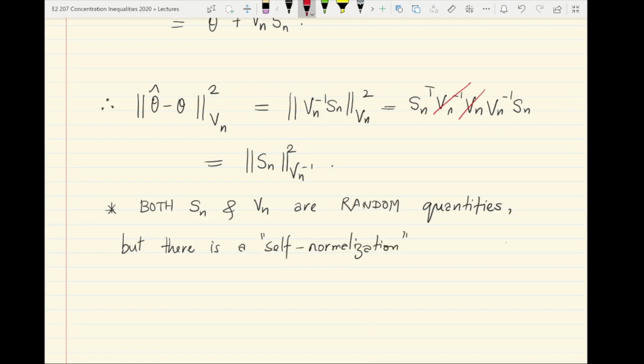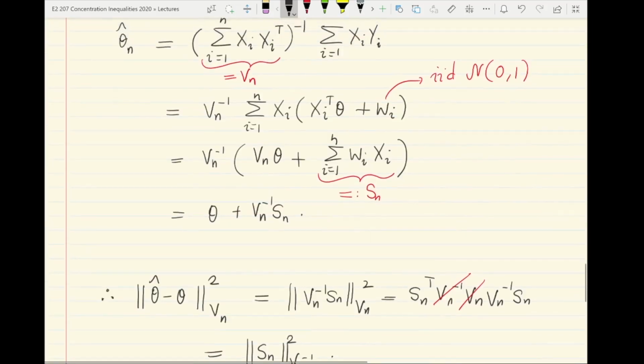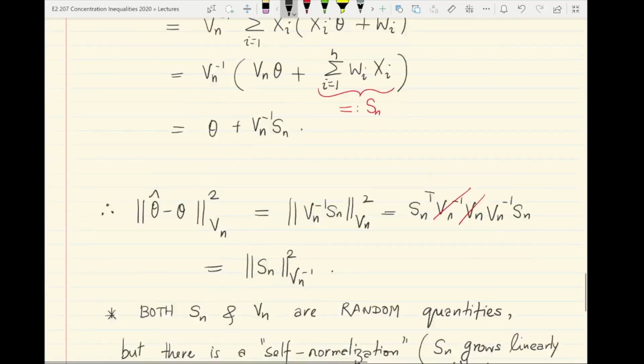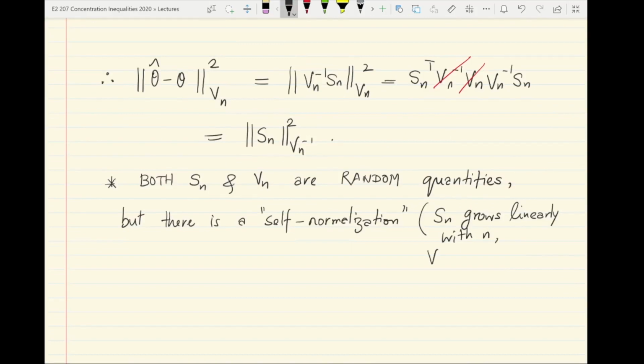Okay, the self normalization essentially is that... what do we mean by self normalization? Sn grows, let's say basically linearly. This is very roughly linearly with n, because each time Sn grows by the addition of a new component Wixi. And on the other hand, Vn grows again linearly with n. So linearly is in quotes because these are all rough statements,